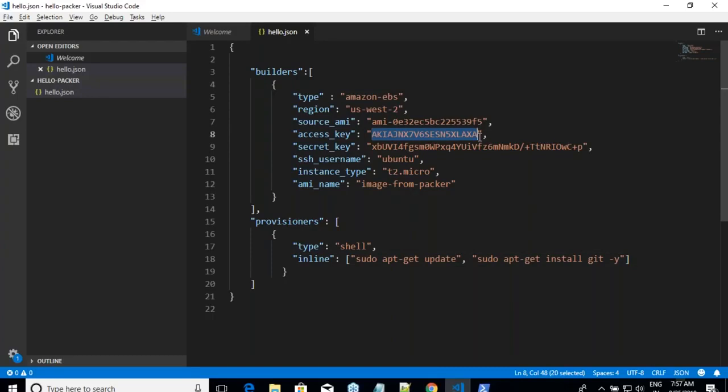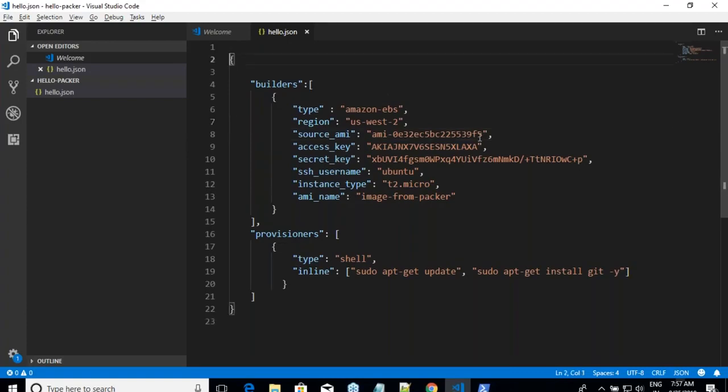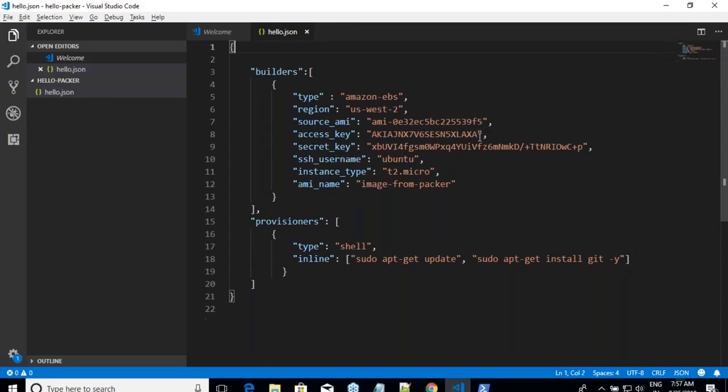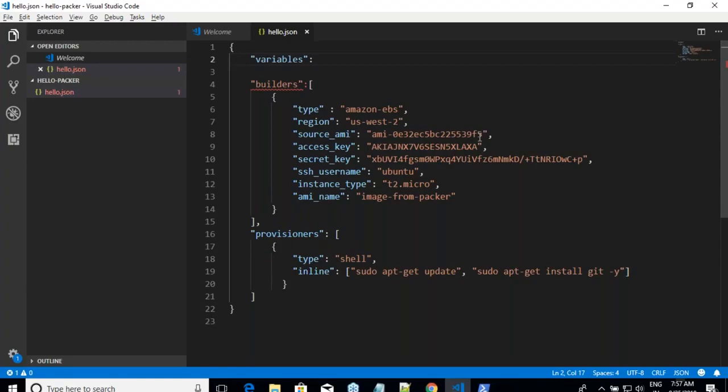So for that, I'll be introducing a new section in this file, which is variables. Now let us go back to the file which I've shown over here. I'll say that these are the variables, and in this variables, I will define what are the variables which my file has.